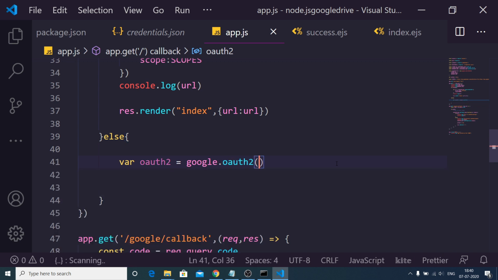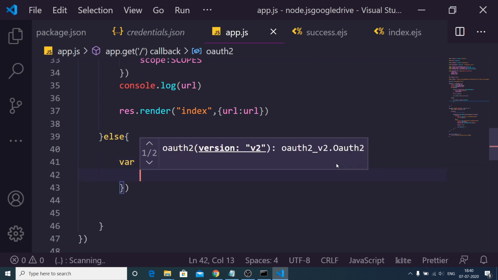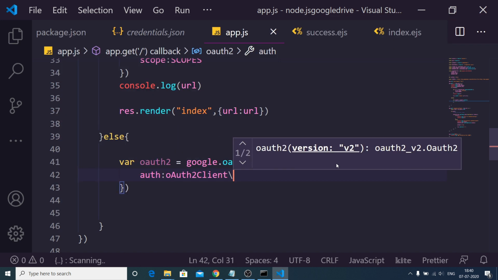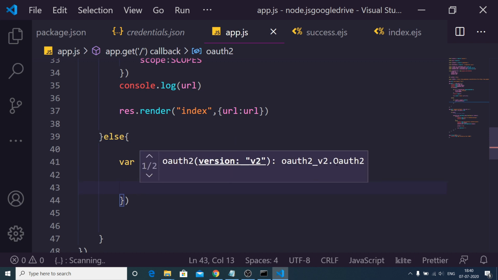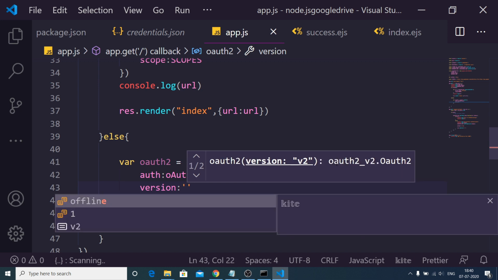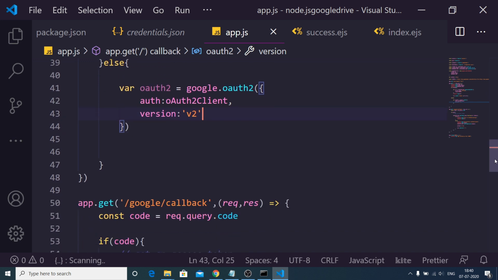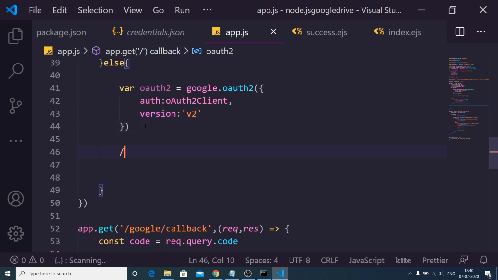This is a function, and it takes an object. First is the auth. So this is our client, the OAuth2 client. Pass it, and it also takes a version, so we will use version 2 like this. So after doing this, we need to get the user info.